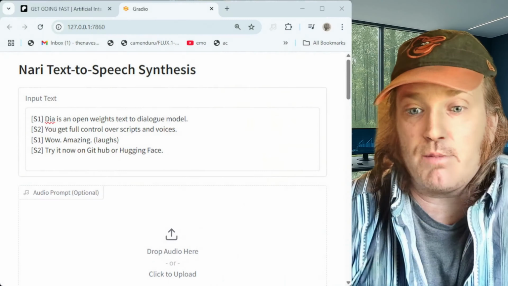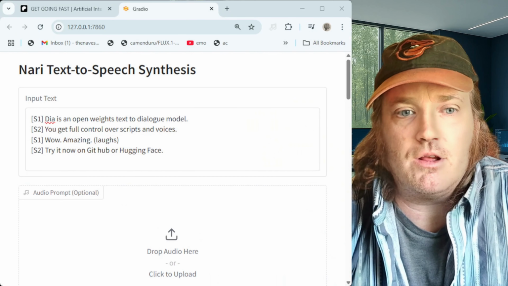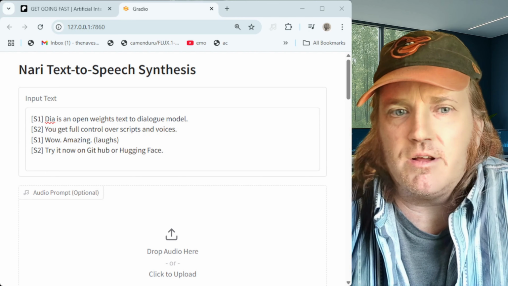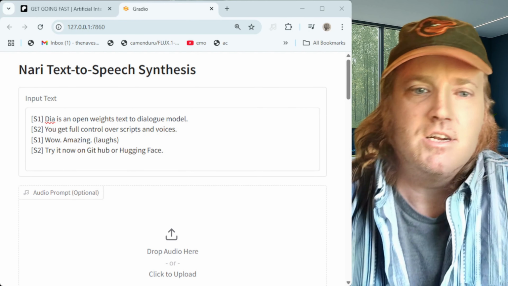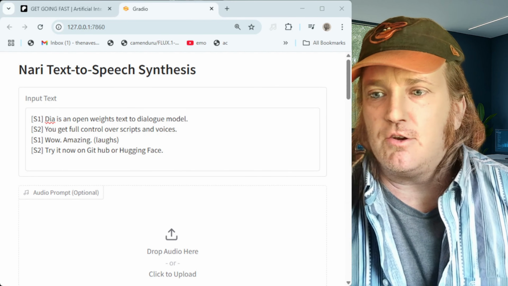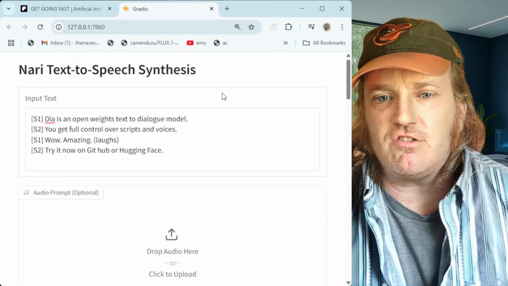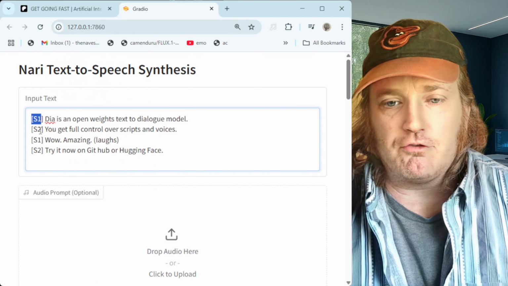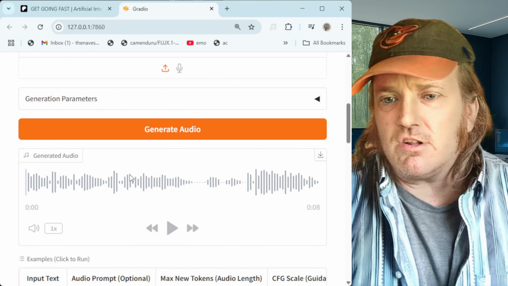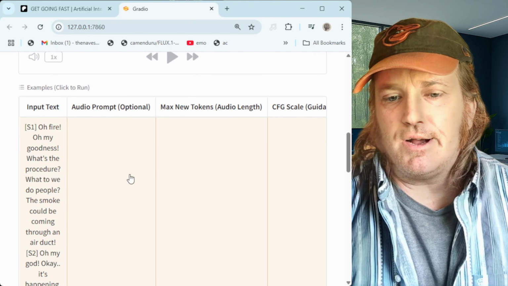And so today, we are going to be going back to the well of text-to-speech. So let's pop on over to yonder. We're going to be looking at something called Nari, but whose Bible is actually called Dia, and this is a 1.6 billion parameter text-to-speech model. Now, this one is interesting in that you can actually do multiple speakers with this, which is very cool. And supposedly, you're going to have